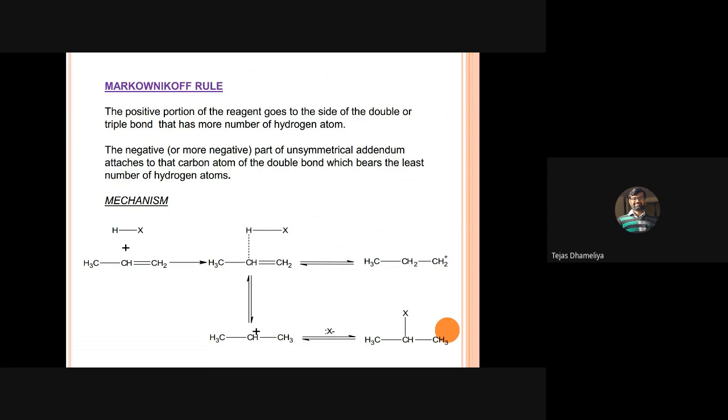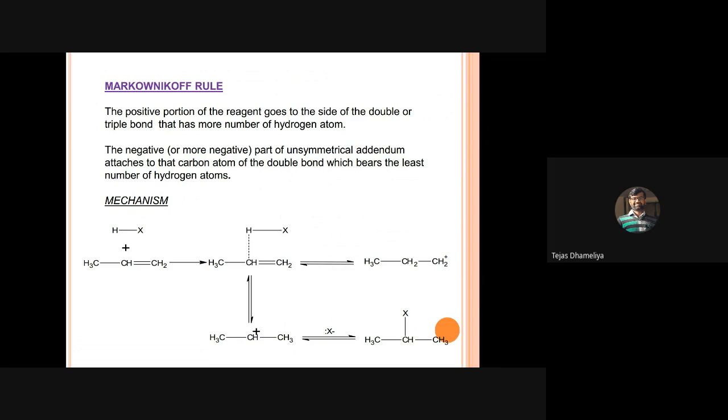Okay, so simply remember for Markovnikov rule that आपको हाइड्रोजन उधर ही अटैच करना है जहां पे सबसे ज्यादा number of hydrogen are attached. जहां पे कम number of hydrogen are attached, that we will not do in case of when the reaction, electrophilic addition, is occurring following this called Markovnikov rule. That's why it is basically Markovnikov rule, which we have learned using this online platform.